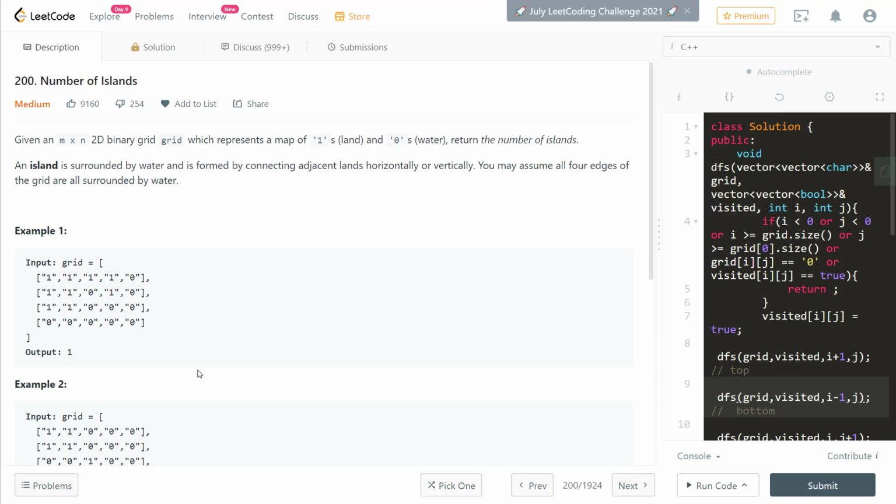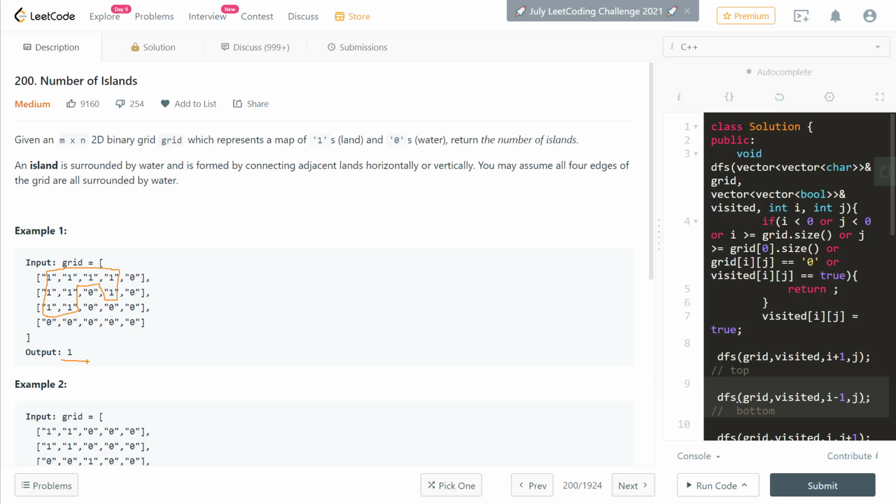So here I'll mark the island in example 1. This will be our island, because it is a complete land. There are no zeros, so it is complete land, so the land can be considered an island. We are not supposed to find the number of ones, but the number of ones which are together, and that is going to be our island. So here the output would be 1.